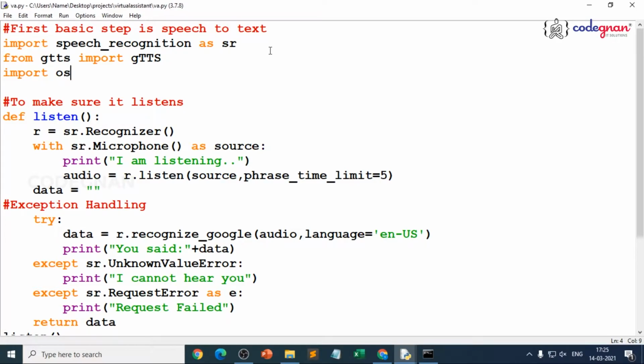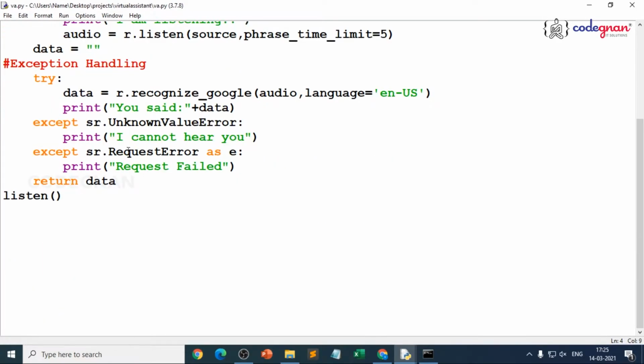So first what I'll do is create a function, and I'll keep this commented, because I don't call the function now itself. Now I just want to make sure how my virtual assistant starts speaking, so I should not have the listen function now. I'll create one more function which is respond. Listen is whatever we are listening to; respond is what it is responding. Every time it should take an input text, so I define it as a string.